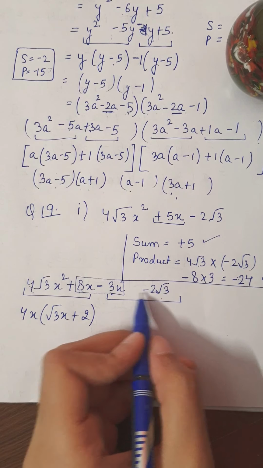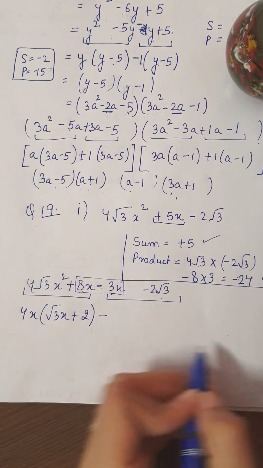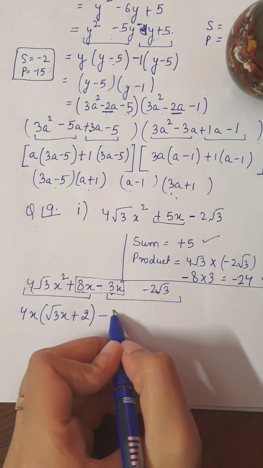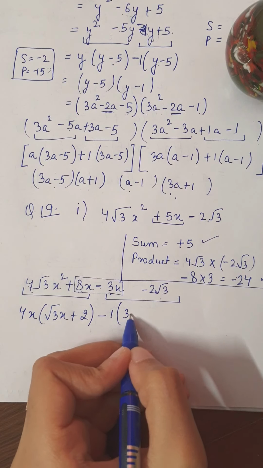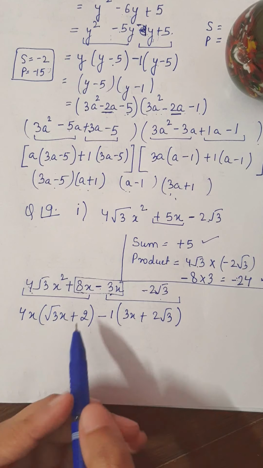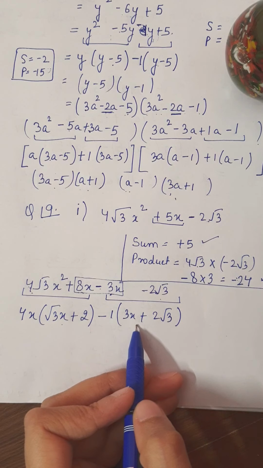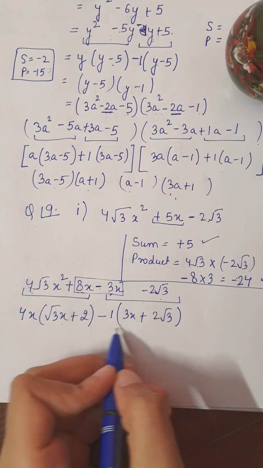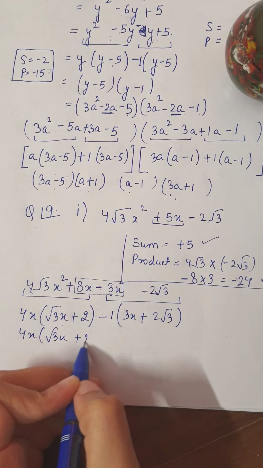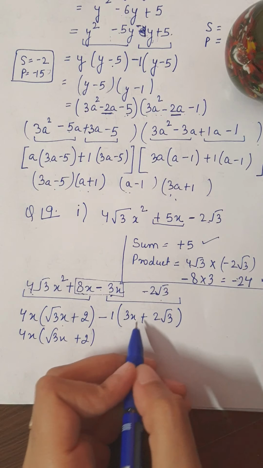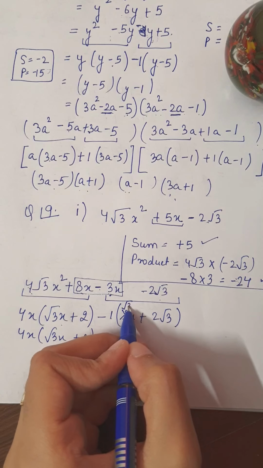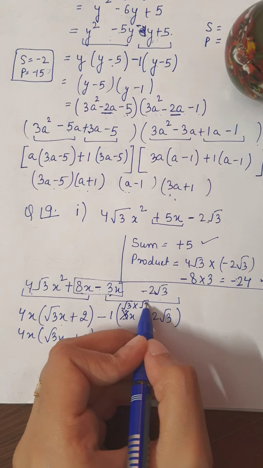And from the second group, minus sign is there on both, so minus is common. And now let's see 1, so 3x plus 2 under root 3. Now the task is, see, the brackets are not the same. What we need to do further is, keeping this as it is, here what we were missing: 3 can be expressed as root 3 into root 3.